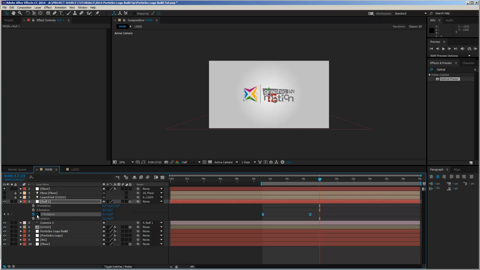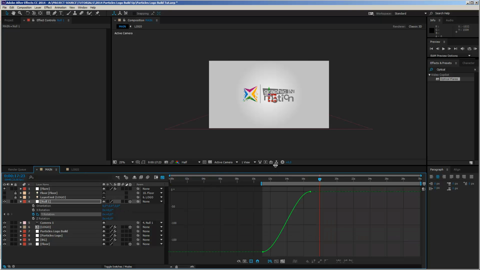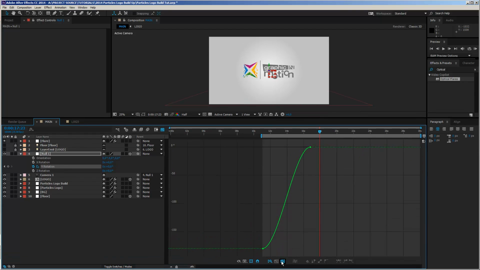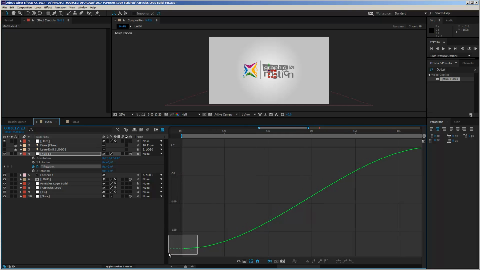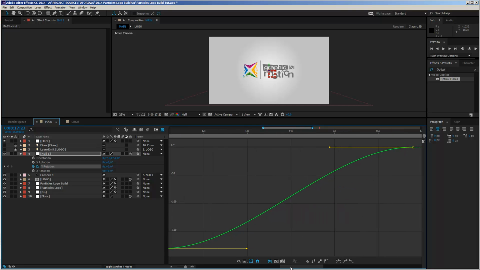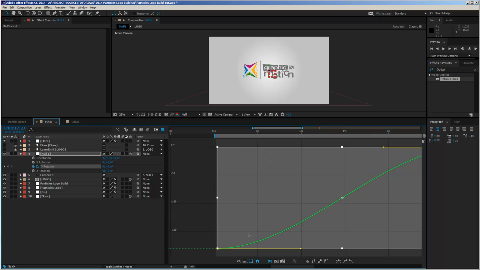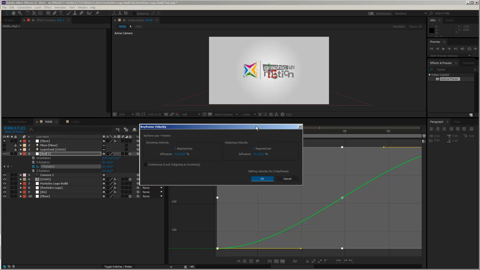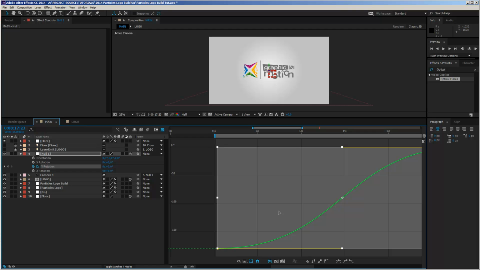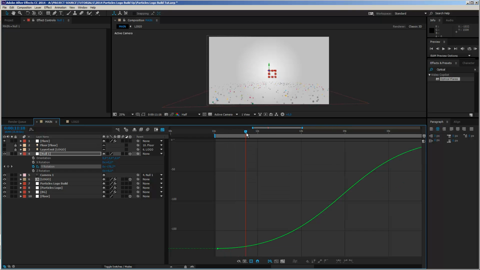And I want to open up my graph editor and change this graph a bit, to make it a little bit more interesting. And therefore I will select both of these keyframes. I will make a little bit more room here. So select both of these keyframes and right click and choose keyframe velocity. You cannot see it now because it's outside the recording area, but keyframe velocity is what you want to use. And now instead of the 33%, we want to set it to 50%. Okay. Or even more, I don't know. Let's take a look how this looks.